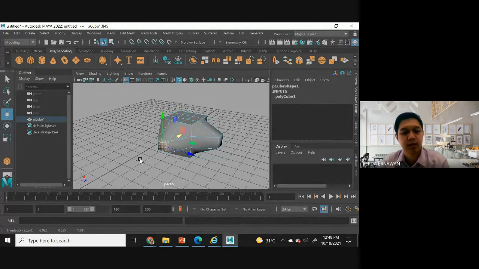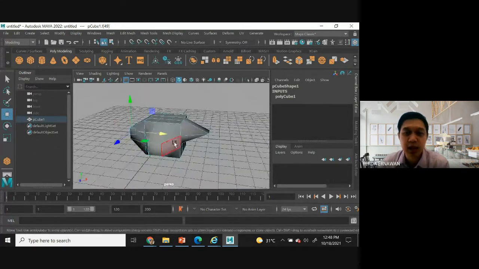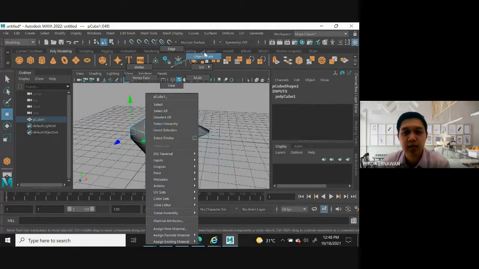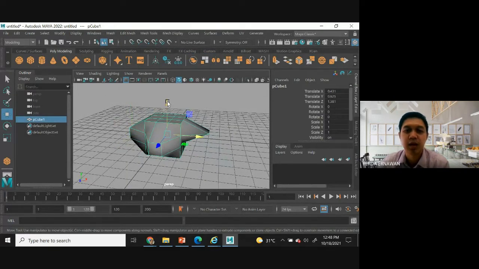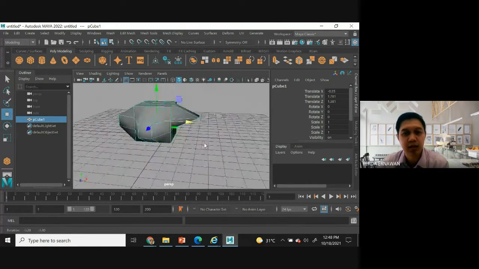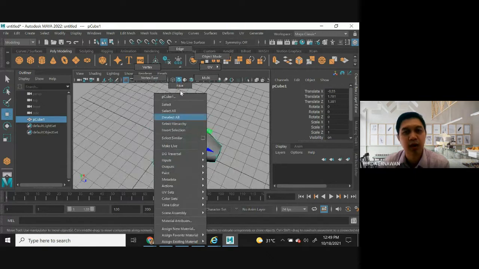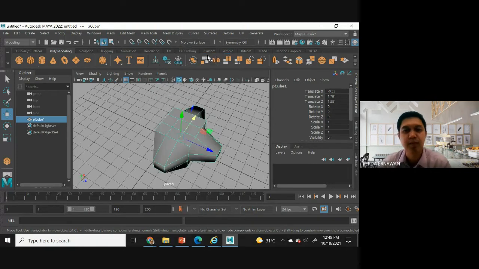Example, you want to rotate. If you are done, then return back. Right click, object mode. Finish editing. So this is the editing. You can right click and choose. Mostly there are four options here: edge, vertex, face, and object. Object is to return back to the object.